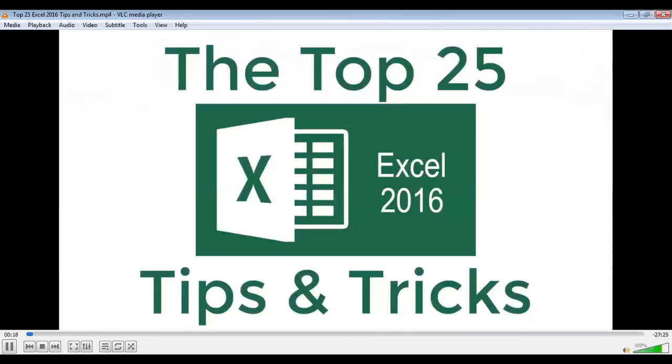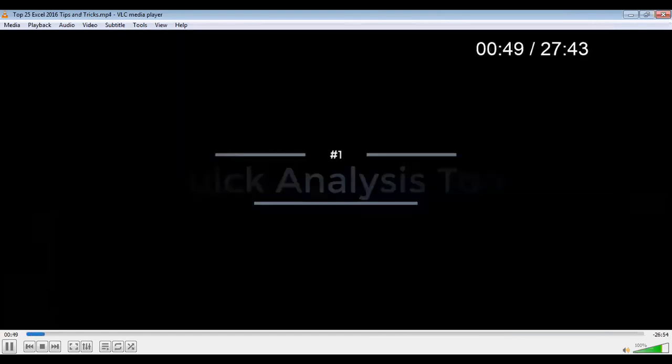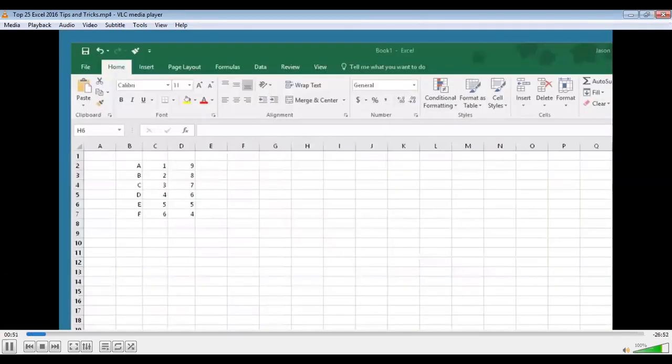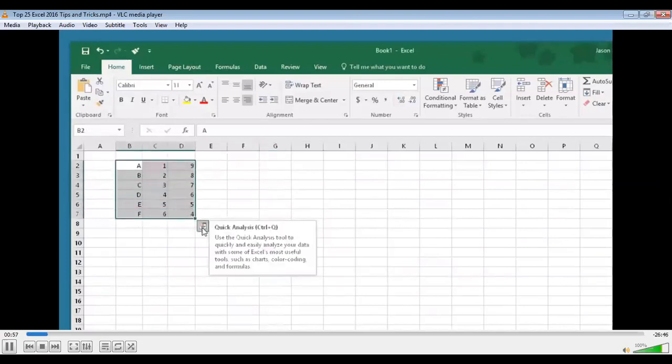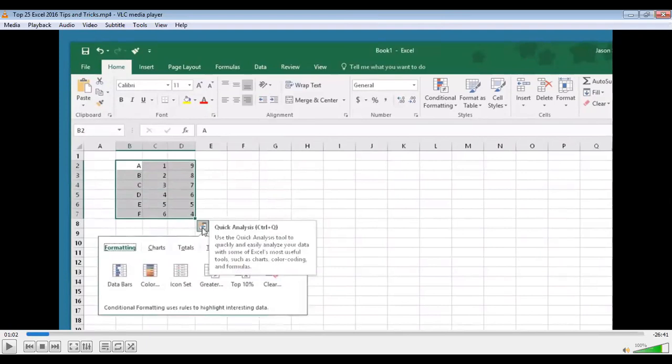Welcome to Sealy Training. Most people aren't aware of the quick analysis tool. When you highlight any table, in the bottom right corner is an icon. This is the quick analysis tool menu. If you click on that,